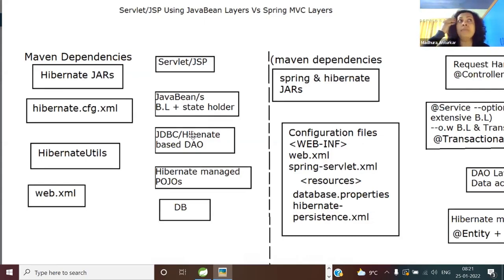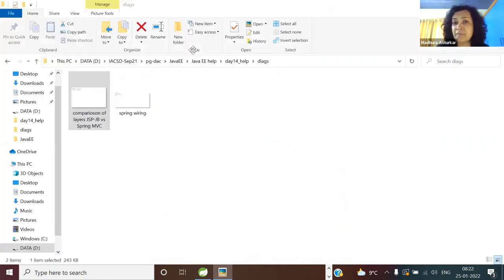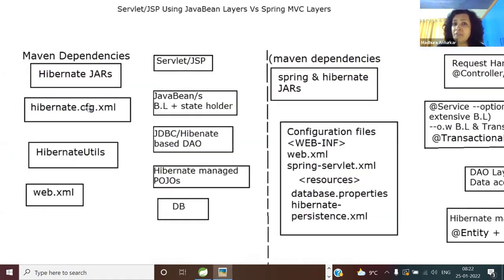So who has the control of dependency? Is it with dependent objects or is it with third-party containers? Obvious questions I'm asking you. Of course, the control of managing the dependency lies with dependent objects. All agreed? All understood the statement? So now there is an opposite term which is called IOC. So what is IOC? Inversion of control.